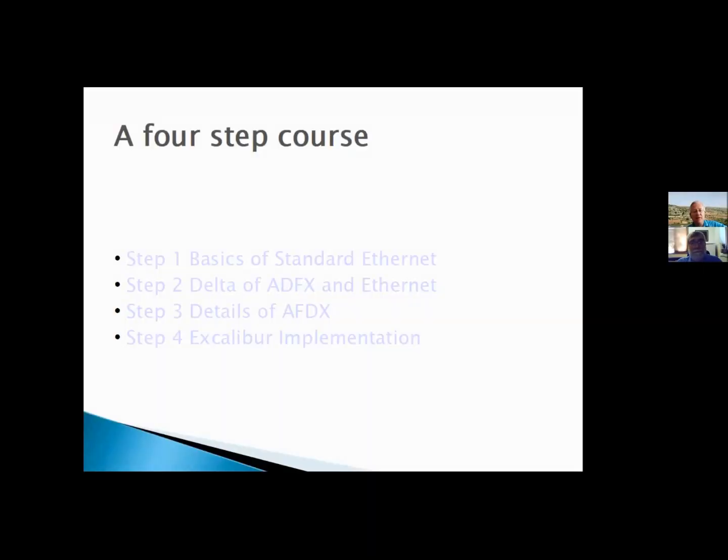The course in AFDX is going to be divided into 4 parts. The first part is going to be not about AFDX at all, but about Ethernet, upon which AFDX is based. Because without understanding some basics of Ethernet, it's kind of difficult to get into AFDX. And as I have no idea what anybody understands, I'm going to tell you what I think are the most basic parts,